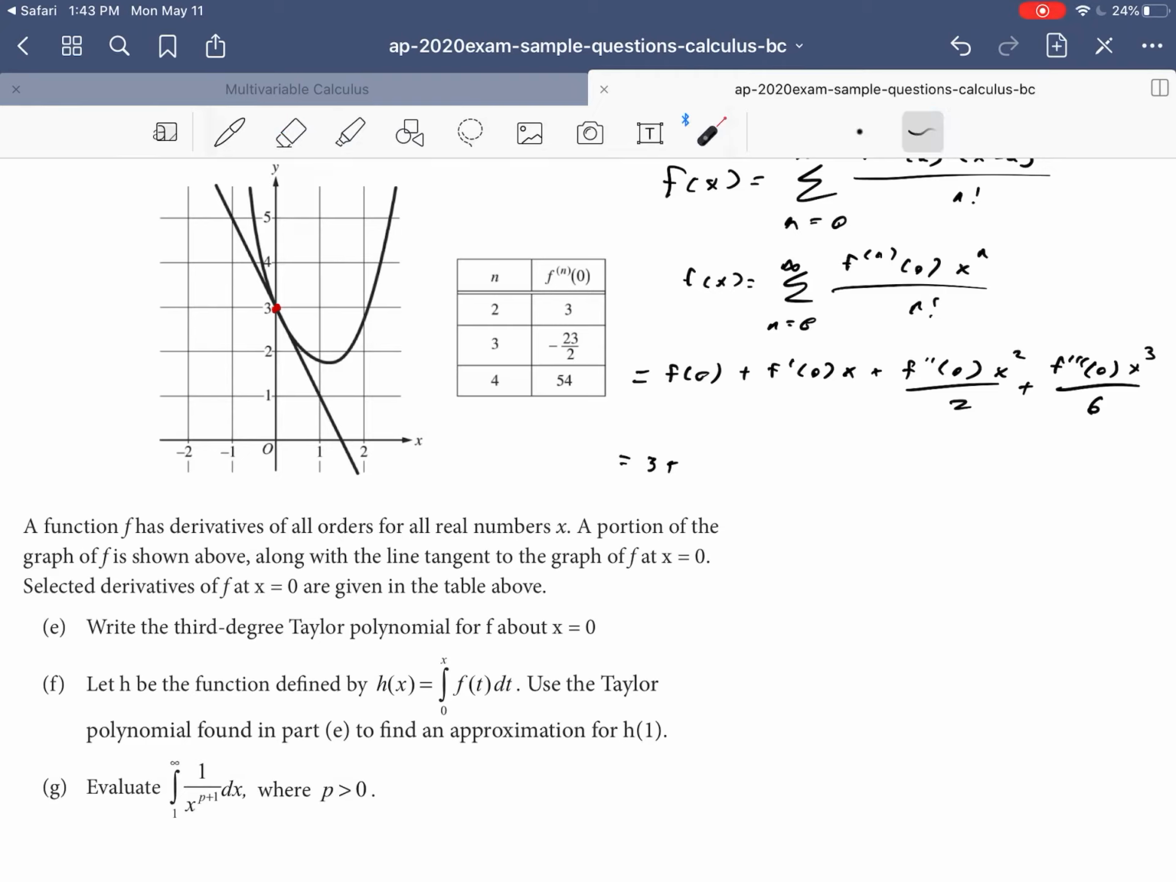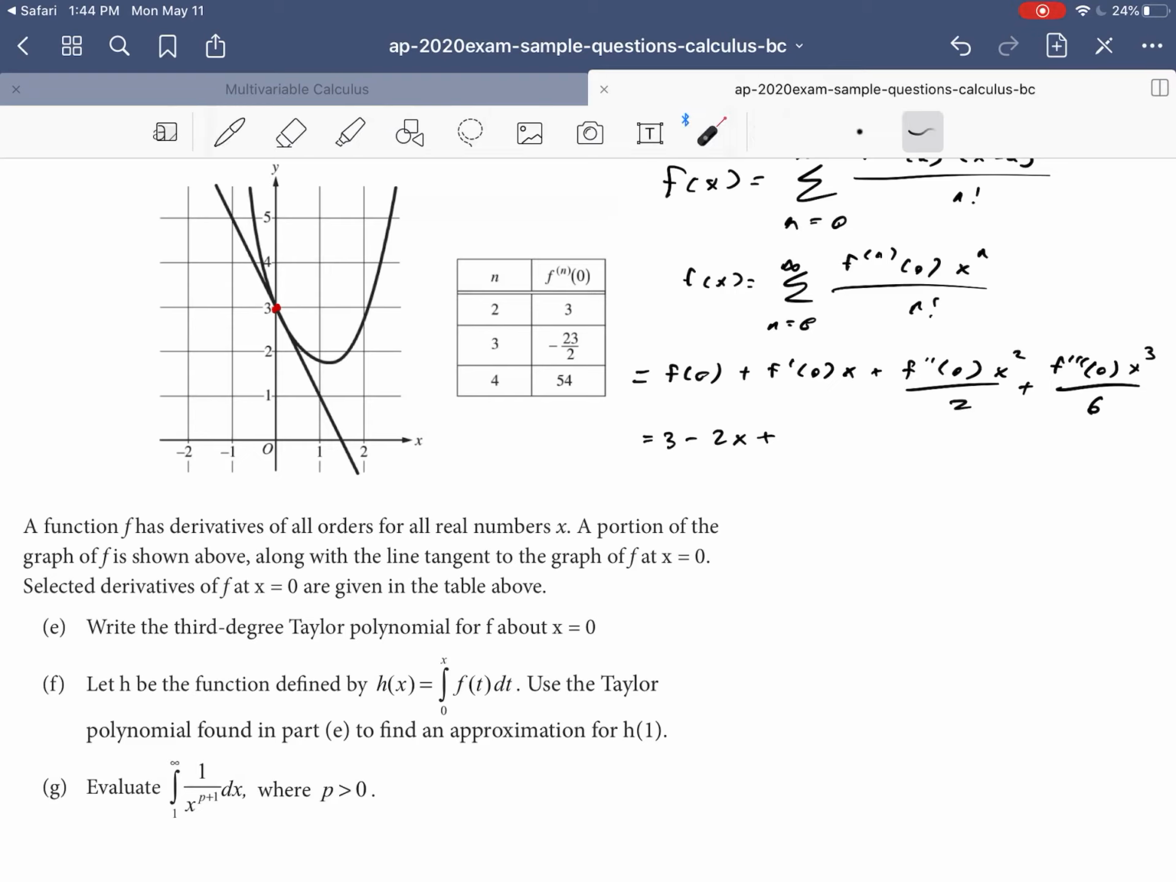plus f prime of 0 times x. So f prime of 0, notice that they've given us this tangent line here. So we just need to find the slope of this tangent line, and that's going to be f prime of 0. So the slope of this tangent line, notice it is negative 2, right? Because for every 1 unit I go across, I go down negative 2. So that's a slope of negative 2. So we have 3